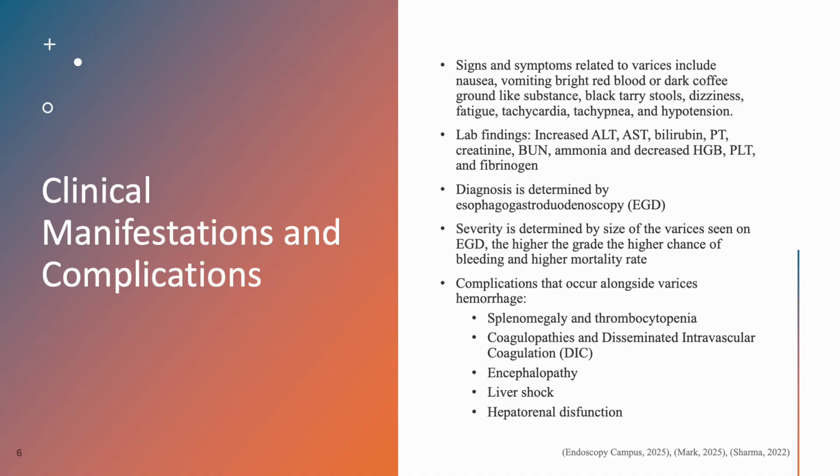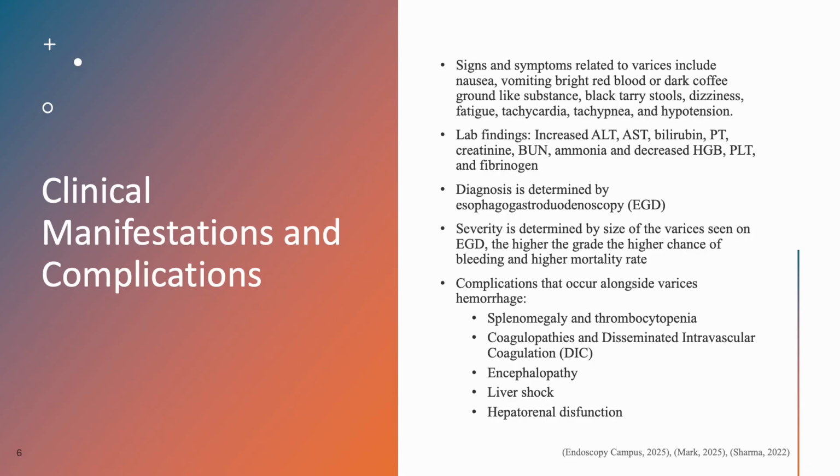Clinical manifestations and complications. Signs and symptoms of varices usually don't occur until they start to bleed, which occurs in the latent stages of liver cirrhosis. Signs and symptoms related to varices include nausea, vomiting bright red blood or dark coffee ground-like substance, having black tarry stools, dizziness, fatigue, tachycardia, tachypnea, and hypotension. Lab findings often reflect an increase in ALT, AST, bilirubin, PT, creatinine, BUN, and ammonia, and a decrease in hemoglobin